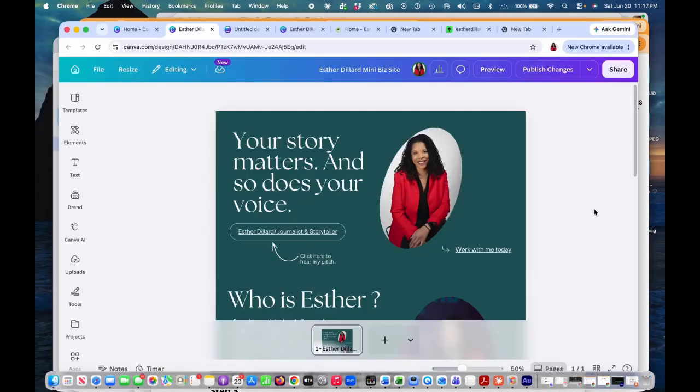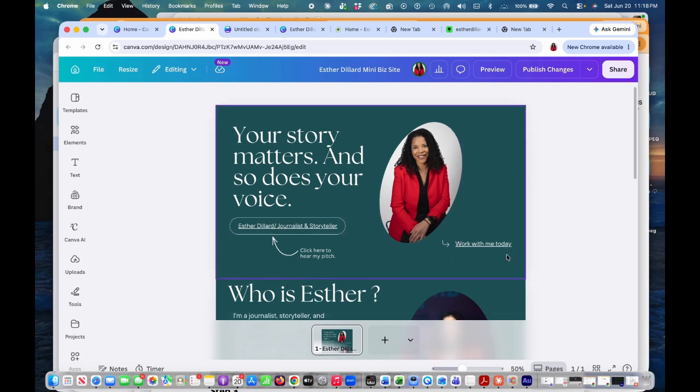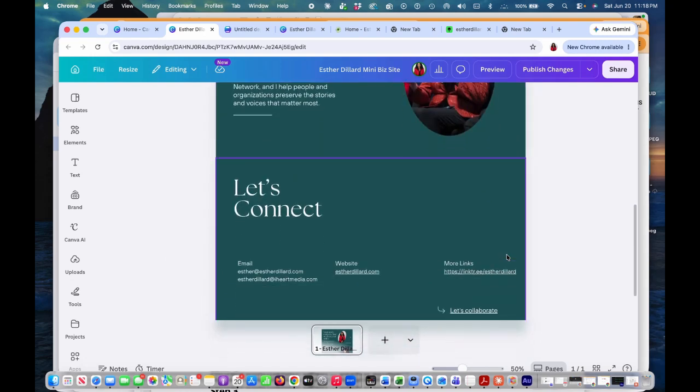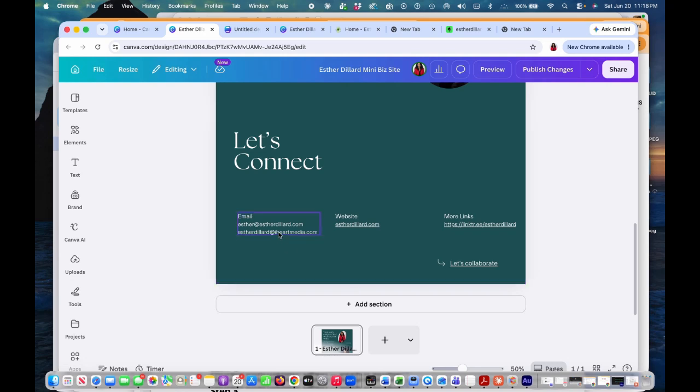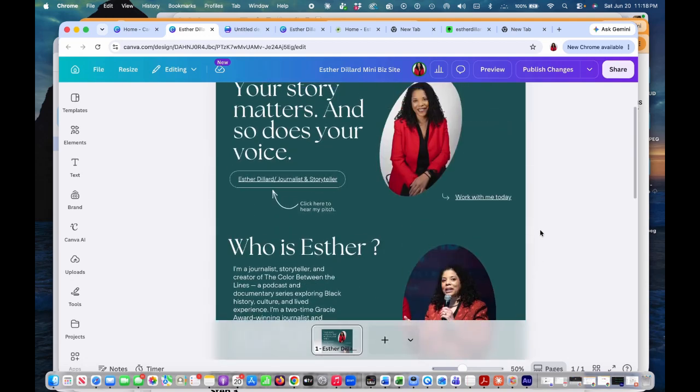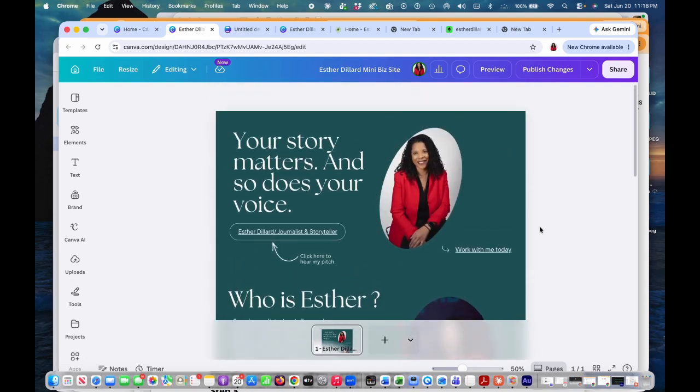One more thing, I actually took this one step further and I built a mini website in Canva, and I connected the QR code instead of to just the sound. I put it in the mini website. Sound is actually connected to this button, and all my links are in here connecting to my website, to my email address. And when somebody clicks on the email address, it takes them right to their email. So they can email me directly. So everything's all in one shot on my business card, my virtual business card, and I don't have to pay